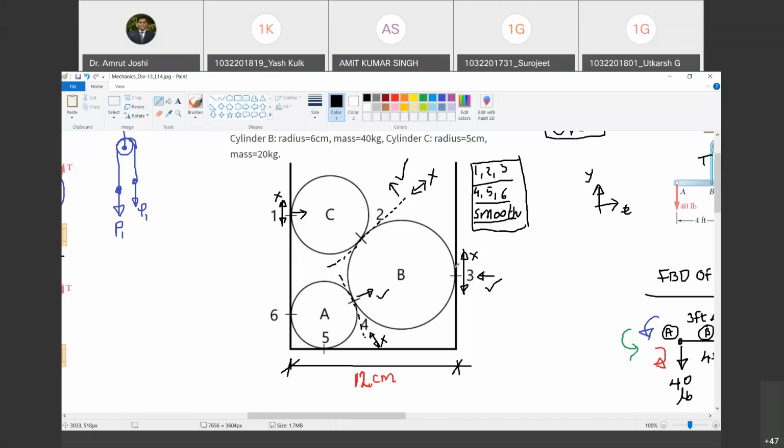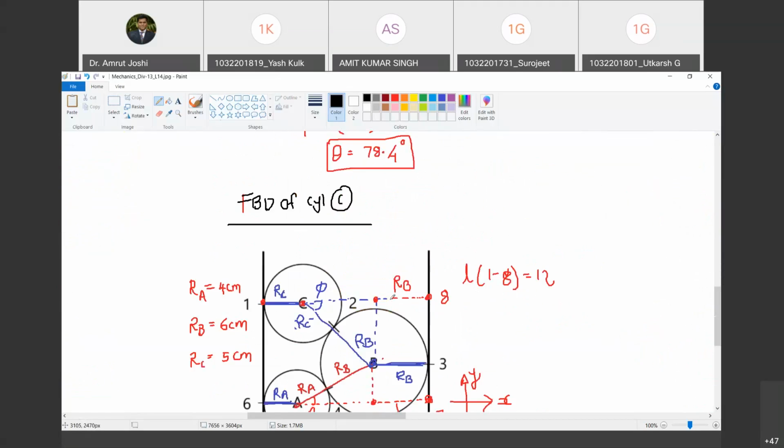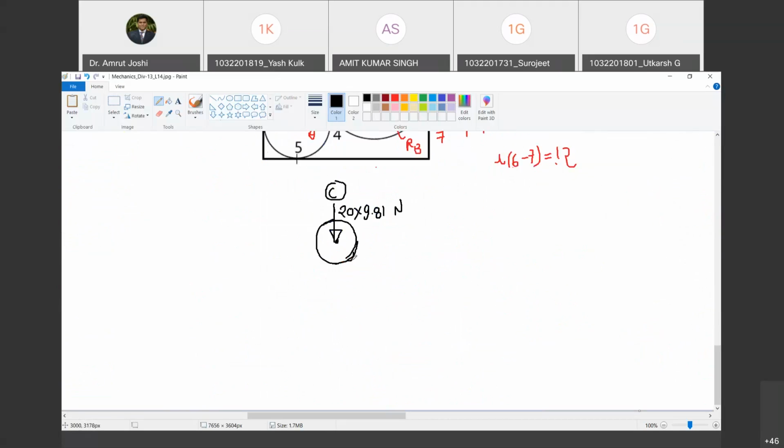Right now we are focusing on cylinder C. So I free the cylinder from Earth. I have shown what the Earth must have been doing. I am now freeing the cylinder from cylinder B, and I must show what cylinder B must have been doing. Are you with me? So cylinder B must have been applying a thrust in the normal direction. Do you agree with me? A normal force would be there. And that normal direction must pass through the center because the normal to the tangent is the radius. Happy?